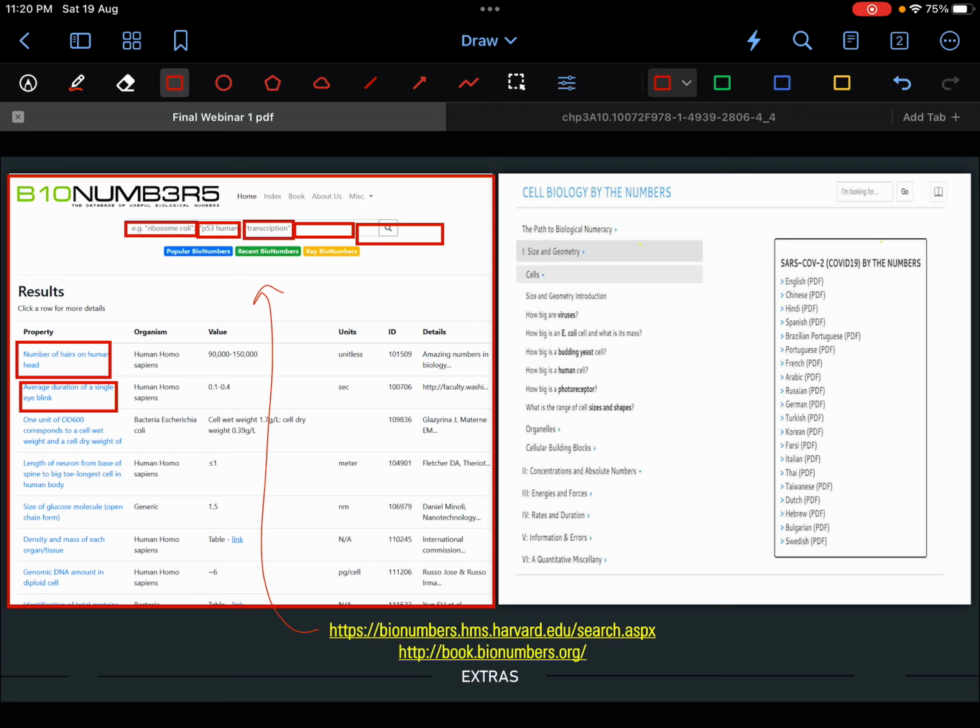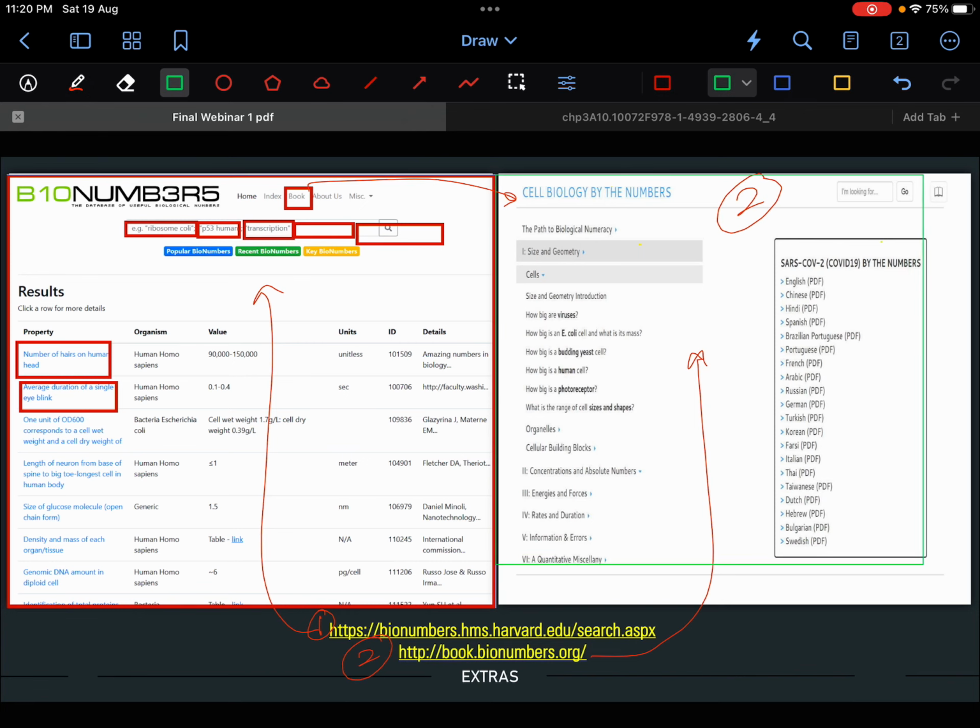But then if you go into the book section, you will be directed to this website. Okay, I have also given a separate link for this one. Sorry, this is the first link, this is the second link. If you go to the second link, you will find this kind of page